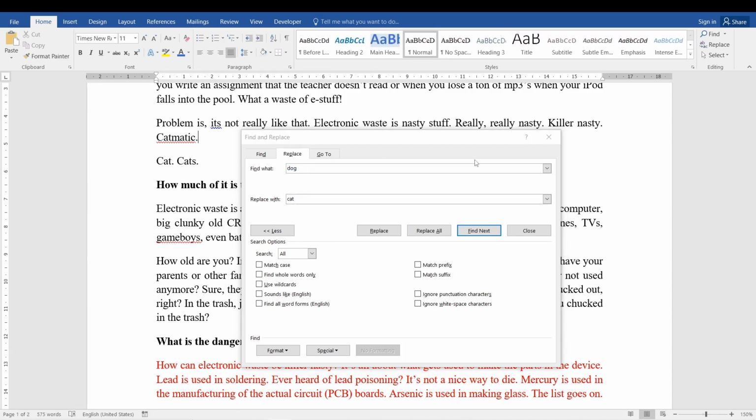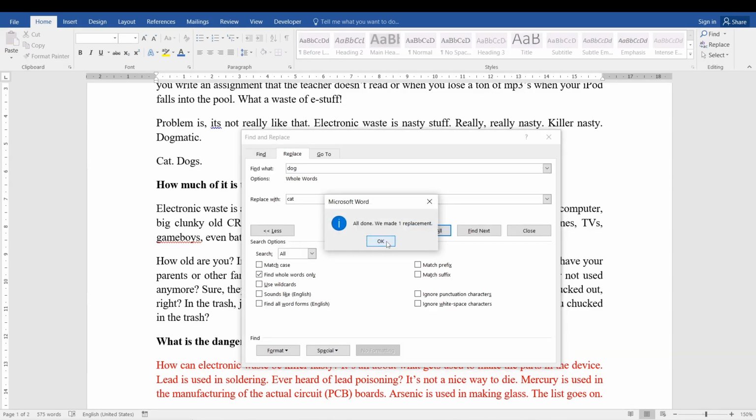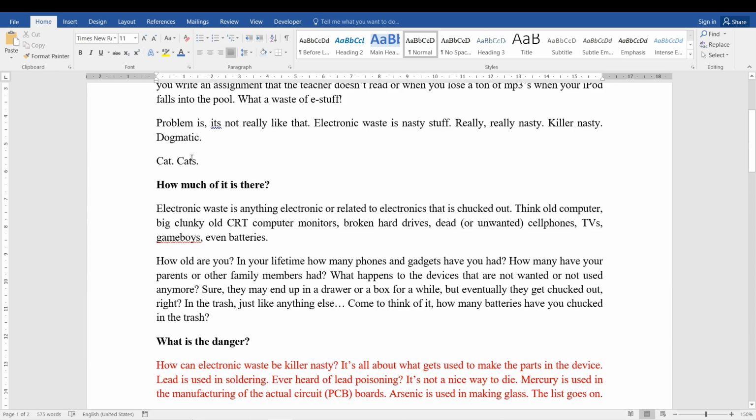That's alright, that's what we wanted. And dogs also turned into cats, which is fine. So we press Ctrl Z to undo, and then we select find whole words only, and we made this replacement, and we see that the word dogmatic didn't change. Then we replace dogs with cats, and perfect, that's what we wanted. That's actually the correct way of doing it,